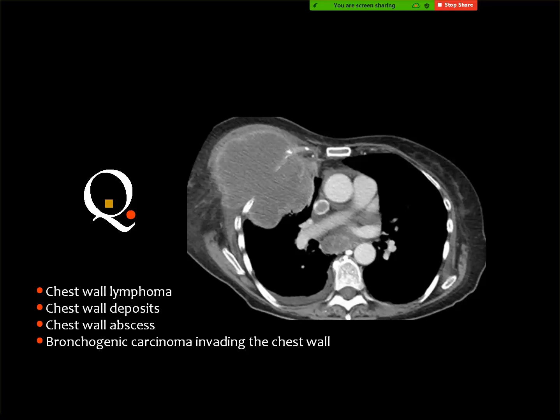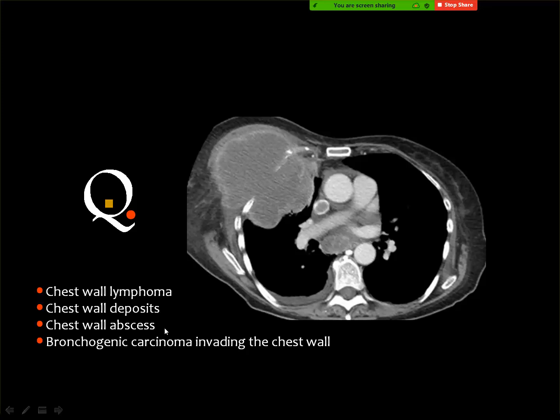Bronchus tumor. A Pancoast tumor is in the apex of the lung and is usually located posteriorly, but this is an anteriorly located lesion which is destroying the chest wall and has a component outside the chest and another component inside the chest. This is a chest wall lesion, which may be, as I have mentioned before, lymphoma,